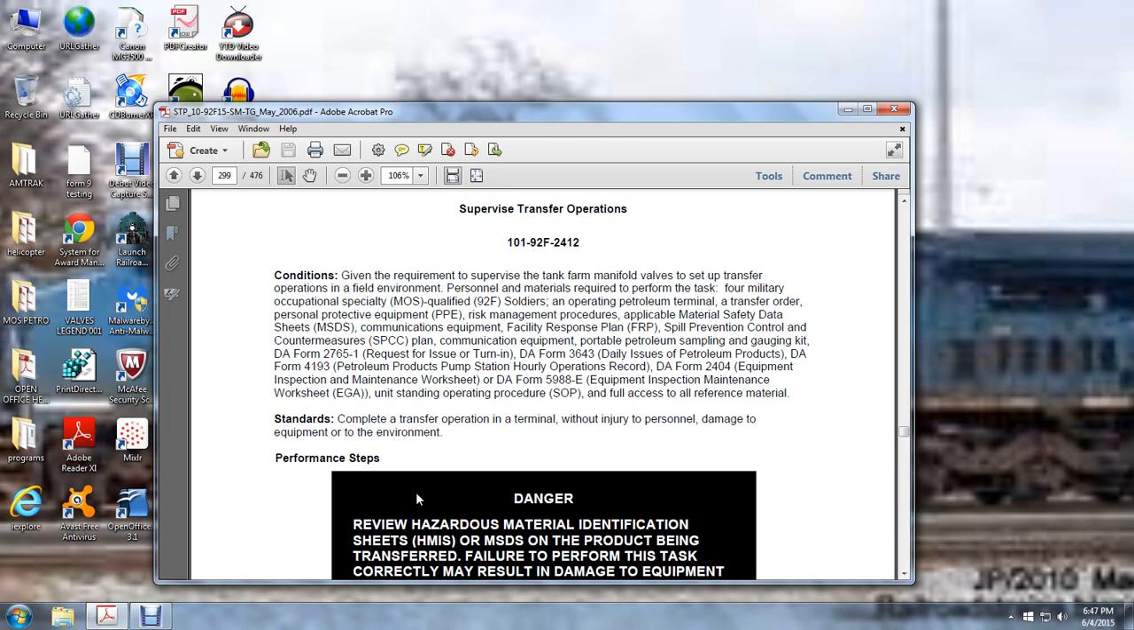and DA Form 2765-1 request and issue turn-in, DA Form 3643 daily issue of petroleum products, DA Form 4193 petroleum products pump station hourly operation orders, DA Form 2404 equipment inspection maintenance worksheet, DA Form 5988-E equipment inspection maintenance worksheet, and unit standing operating procedures, with full access to reference material. Complete the transfer operation at the terminal without injury to personnel, damage to the